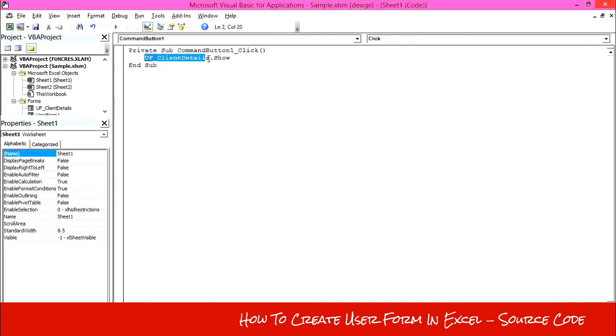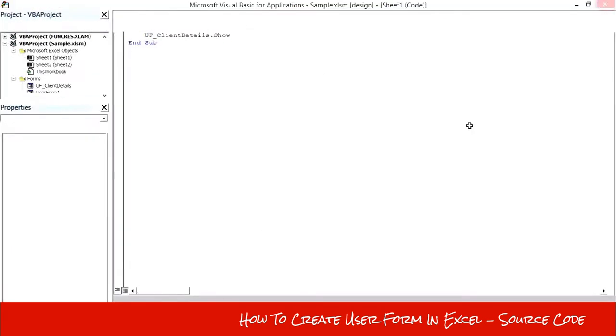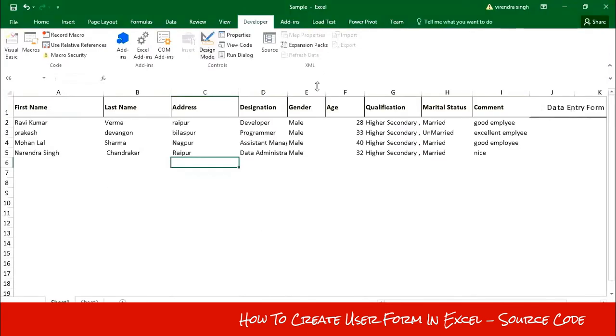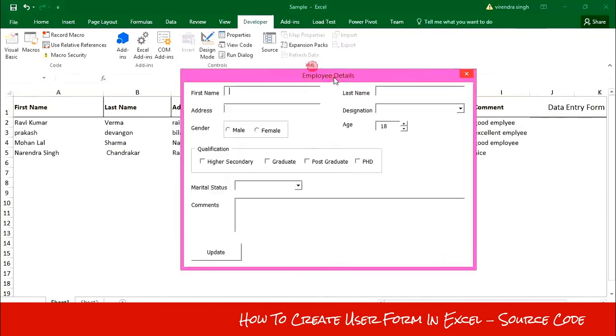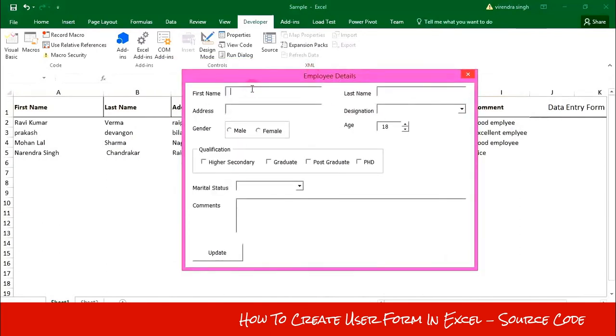So this is the name of user form, and this is the show property. It will show the user form when you click on this button. So I will run this again. Just click on it, and the user form will be displayed.